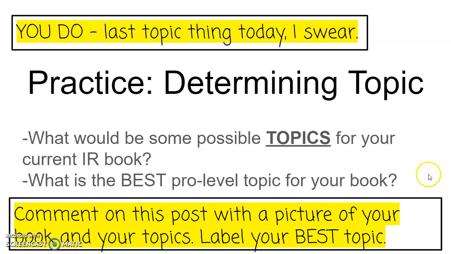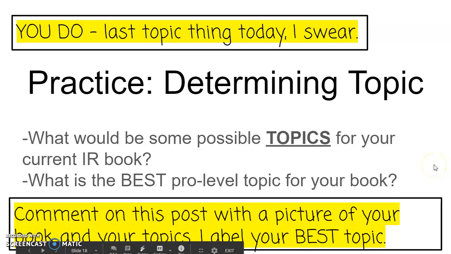So this is the last thing you're going to do, I promise. You are going to show that you have an understanding of topic. How you're going to do that is you are going to list as a comment on the post, you are going to include a picture of the book you are currently reading and a list of topics beneath that. I find that that is the easiest way to find the best topic. I start with all of my ideas, and then from there I can deduce the best choice. So you're going to decide and determine what would be the best possible